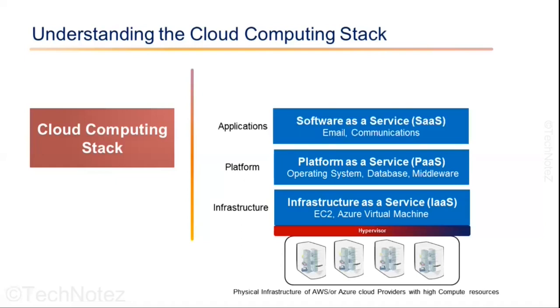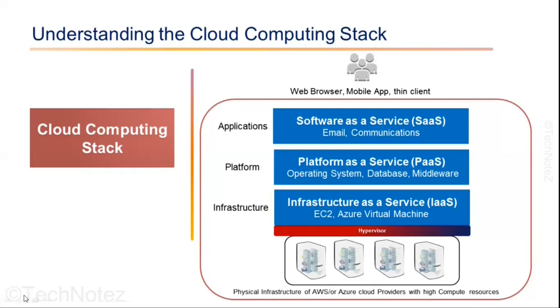Now that your platform is set up, you would need to build your application. This could involve writing code and adding features like text messaging, payment systems, or emails. This layer makes it easy to access the application without the need for any change at the customer end. This layer is generally referred to as software as a service, or the SaaS layer. Finally, at the top of the stack, we have the user. This is where users interact with the cloud. This layer includes interfaces such as web portals, mobile apps, and APIs that allow users to access the services provided by the cloud.